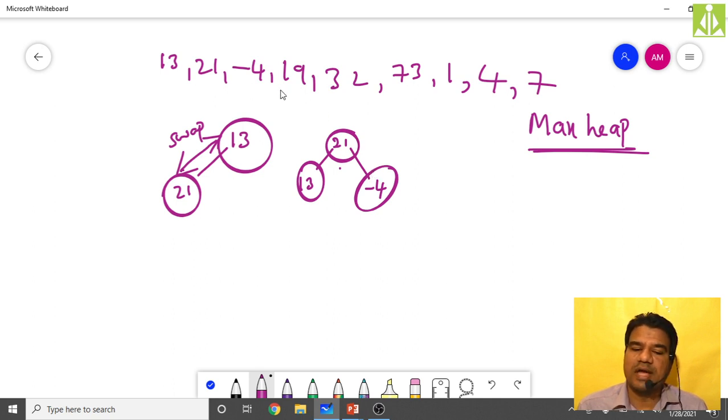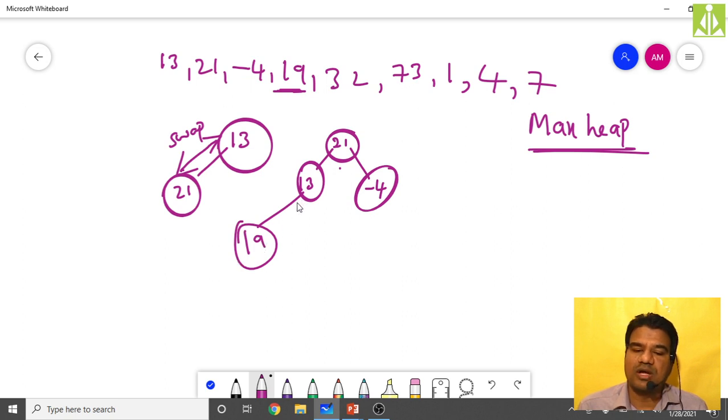Then we go with 19. Again we have to increase the level, because the 0th level is filled and the first level is also filled. Now we go to the second level and move from left to right. So insert 19 as the left node of 13.